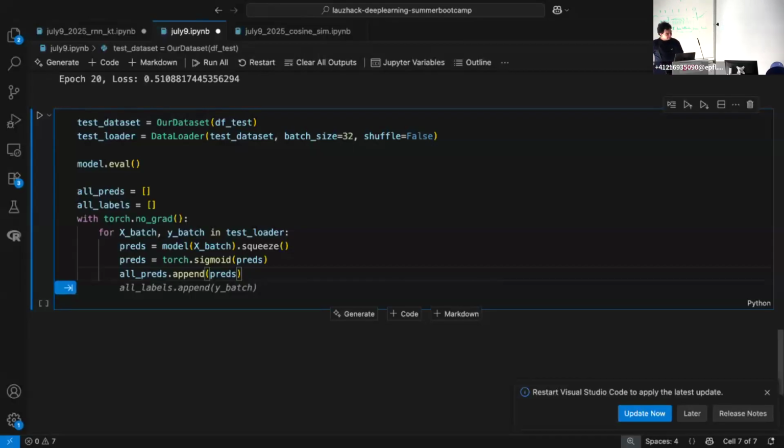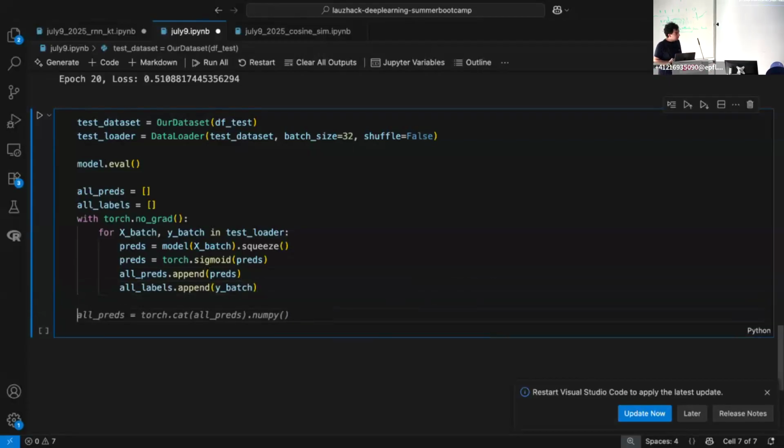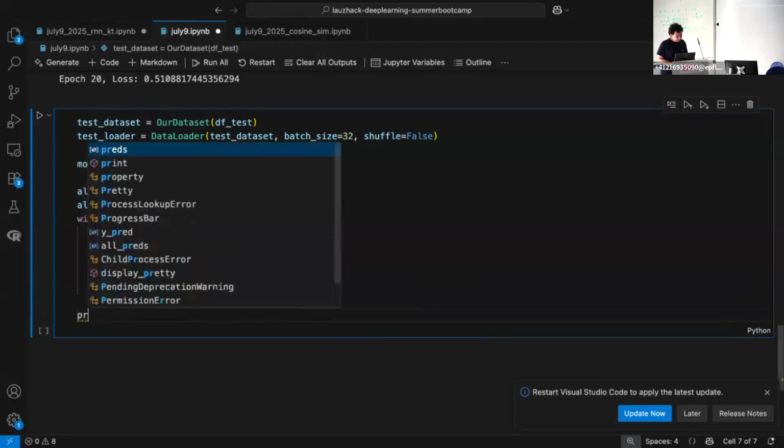Good, good. Yeah. So you append the preds and then also the labels. Here, labels are the true labels. Preds are what our trained model predicts. And we want to compare them against each other. Now the values are between 0 and 1. So if we print, for example,